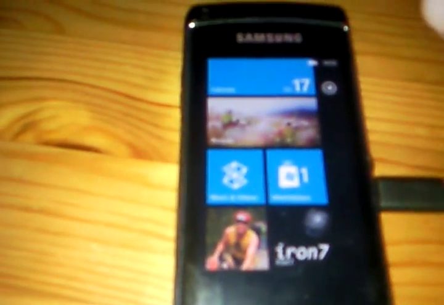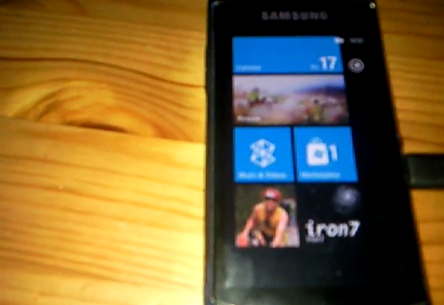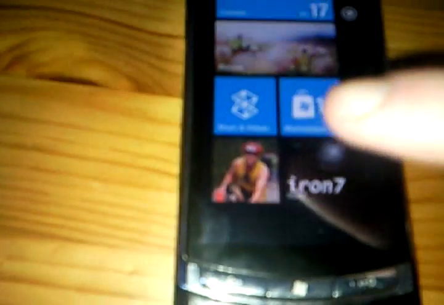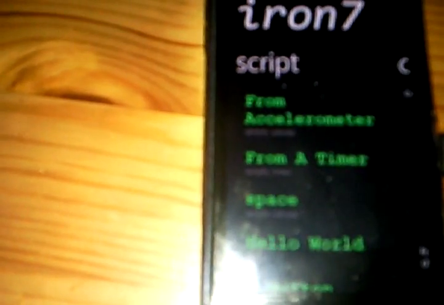Okay, so let's do a quick run through of the accelerometer. I've just done a webcast of it, but let's also see it working on the phone. So if we start off by just running Iron7, hopefully the screen quality will be okay, then we can see we've got several accelerometers we can play with. This is the default example. Let's get it to the right rotation, and if you run that,